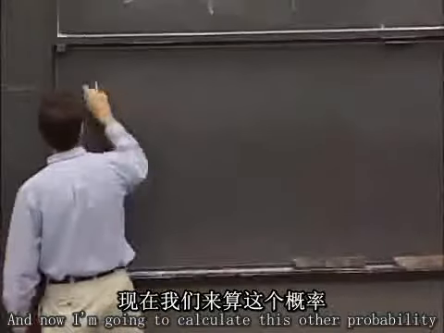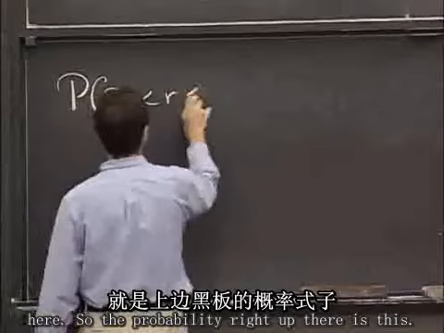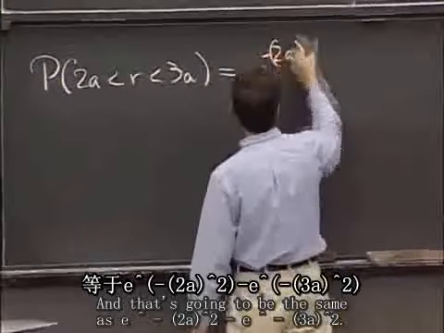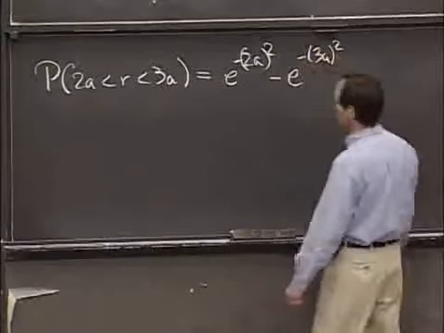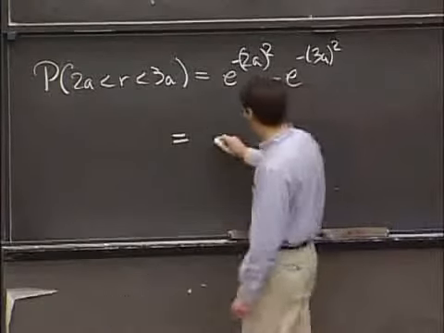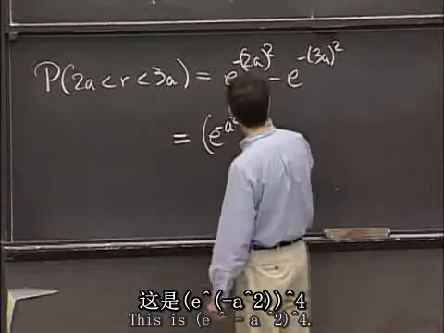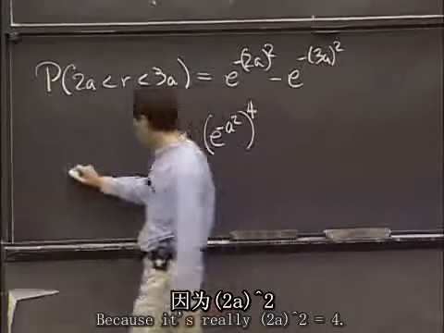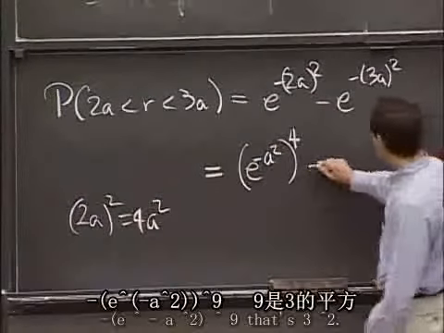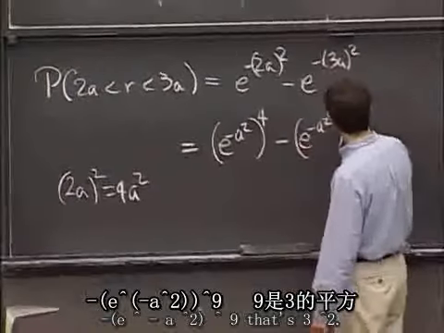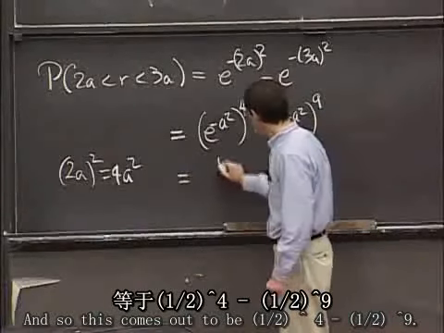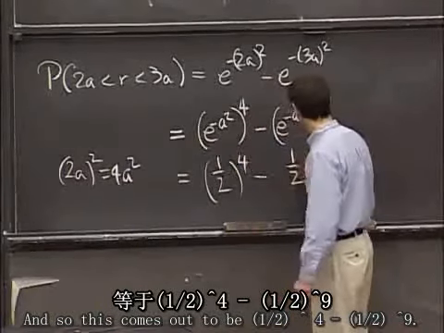And now I'm going to calculate this other probability here. So the probability right up there is going to be the same as e to the minus 2a, the quantity squared, minus e to the minus 3a, the quantity squared. That's what we calculated. And now I want to use some of the arithmetic of exponents. This is e to the minus a squared, the quantity to the 4th power, because 2a squared is 4a squared, and then I bring that exponent out. Minus e to the minus a squared to the 9th power, that's 3 squared. And so this comes out to be a half to the 4th power minus a half to the 9th power,